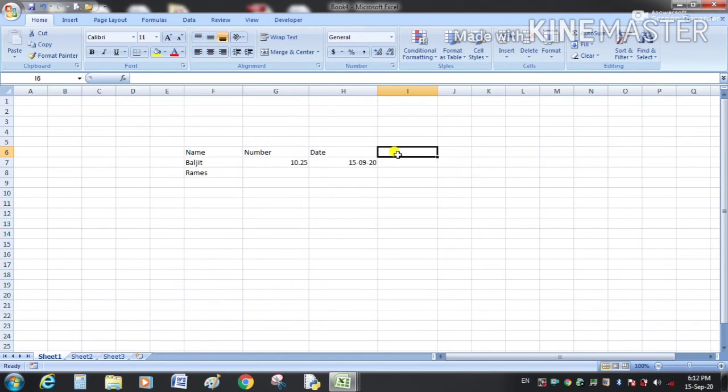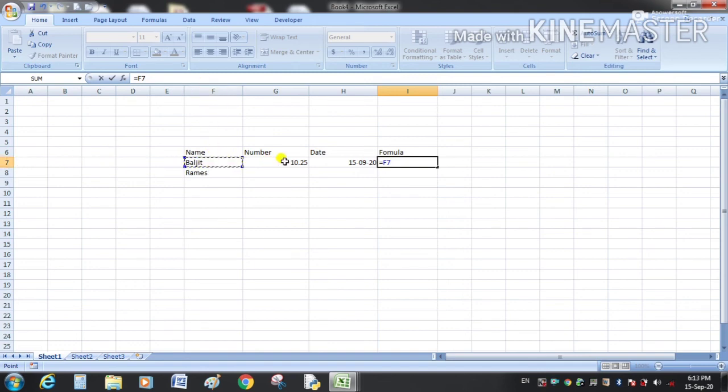And here we will write a formula. We know that the formula always starts with an equal to symbol. If I want this data in this cell, then I will select this cell. The address of this cell will come here, F7.